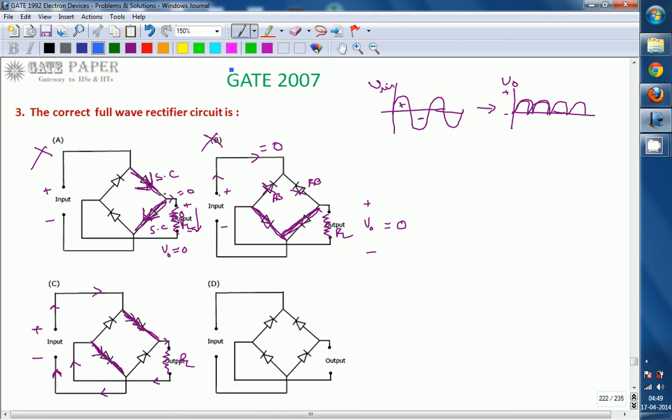That is, now if you apply minus plus, what happens? If you apply the negative half cycle of the input voltage, minus plus, at that time these two diodes will become forward bias. These two diodes come into forward bias, and the other two diodes will come into reverse bias. So, okay, we will go in a different manner.